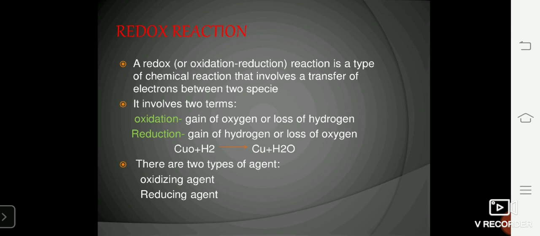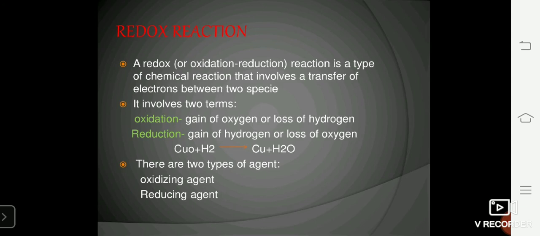The substance which undergoes oxidation behaves as a reducing agent, and the substance which undergoes reduction behaves as an oxidizing agent. It's a little confusing, so you can remember this with the word OR and RO. OR means oxidation, reduction. So the substance undergoing oxidation will behave as a reducing agent, and the substance undergoing reduction will behave as an oxidizing agent. The word is simple, ORRO. O means oxidation, R means reduction, R means reducing agent, O means oxidizing agent. So you can recollect and connect it that the substance undergoing oxidation behaves as reducing agent, and the substance undergoing reduction behaves as oxidizing agent.